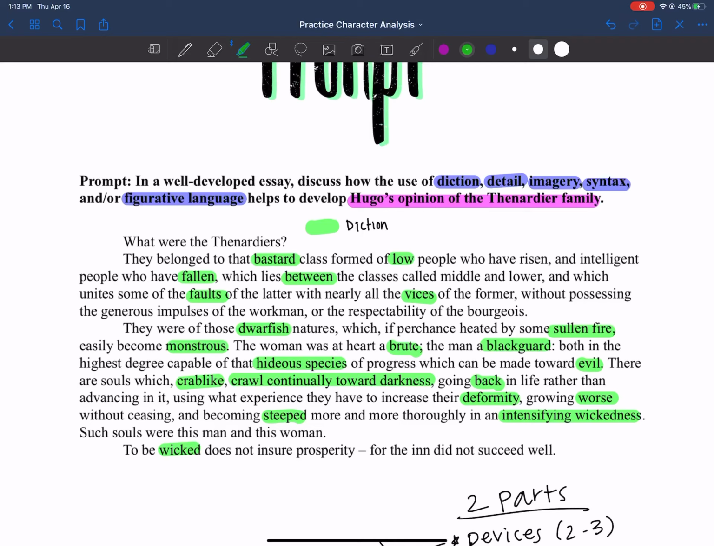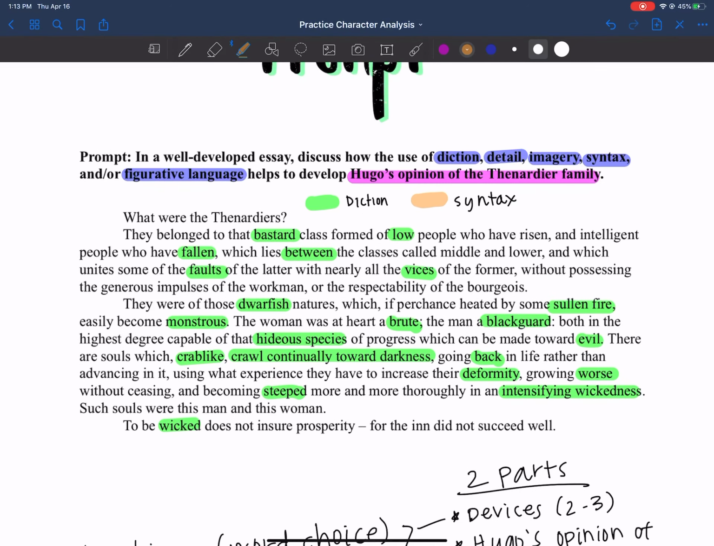Now I have to look at syntax. And syntax is one of those devices where you aren't necessarily going to have a lot of quotes so much as you are an understanding of how the sentence structure works, the patterns that are found in a passage or in a book. So in this very, very short passage, there are 4 paragraphs, and it is kind of like